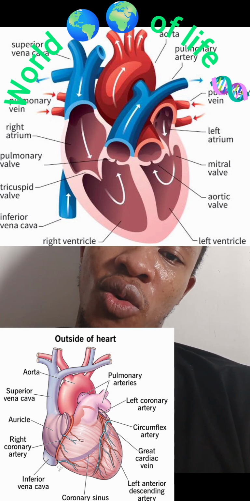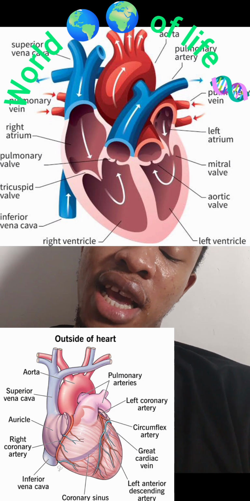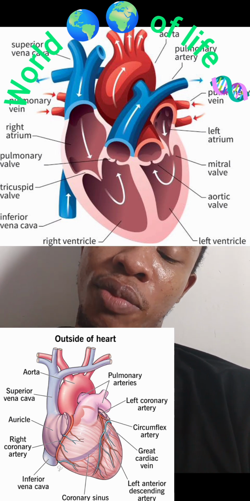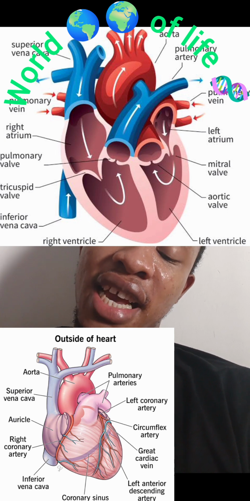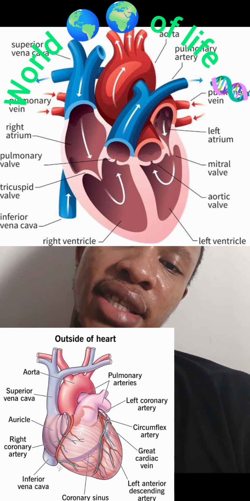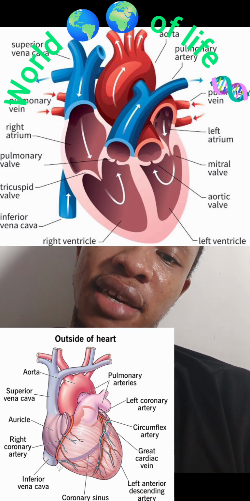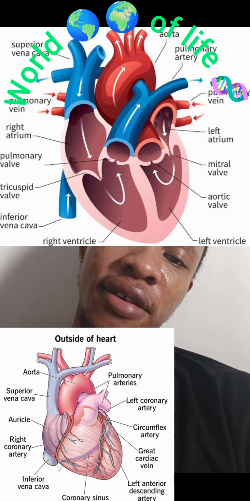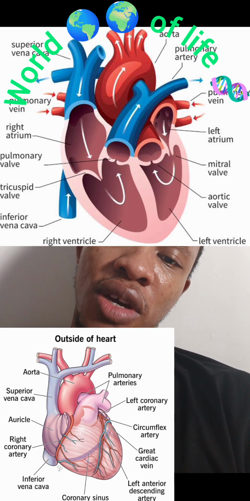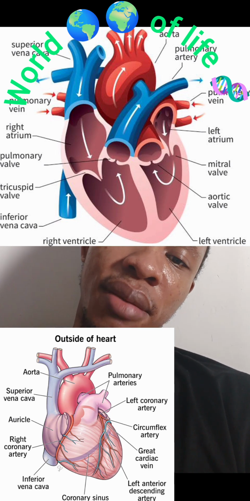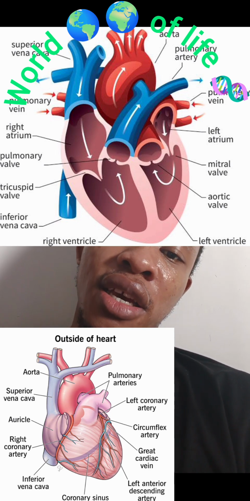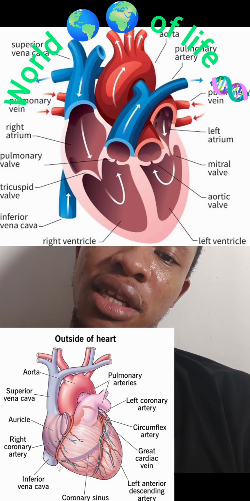The inferior vena cava and the superior vena cava are where the blood enters the heart. After it enters the heart, it will empty itself into the right ventricle. After the heart contracts and relaxes, it will pump the blood through the septum, allowing the blood to